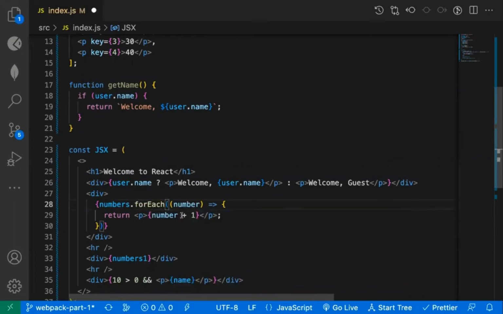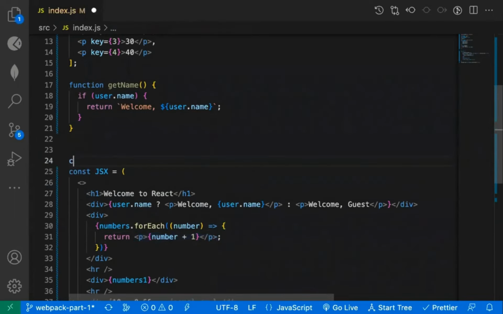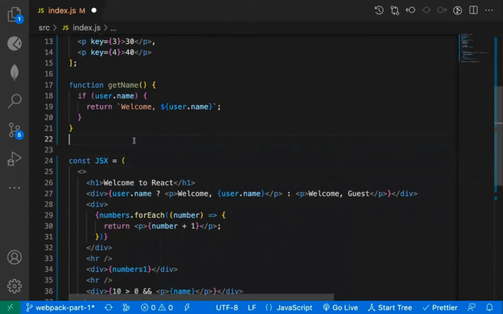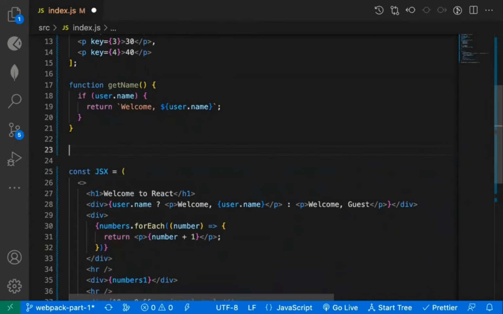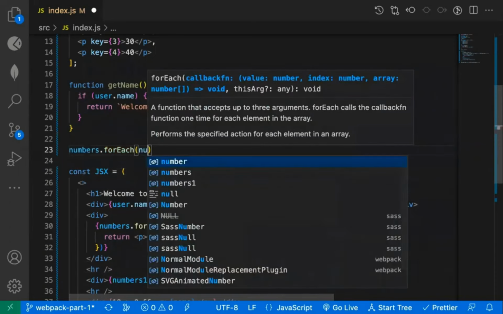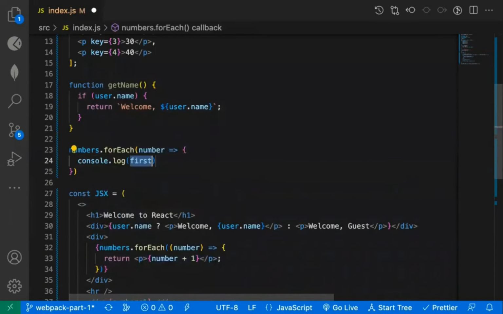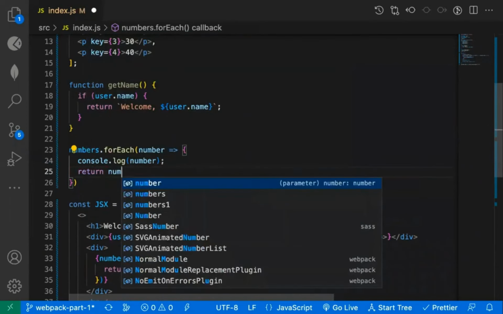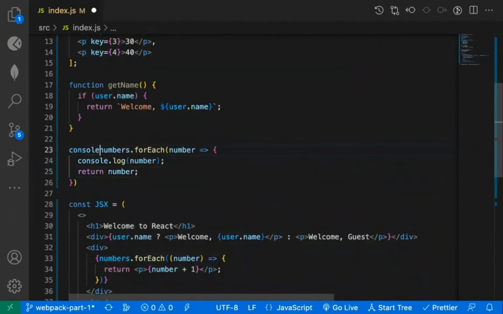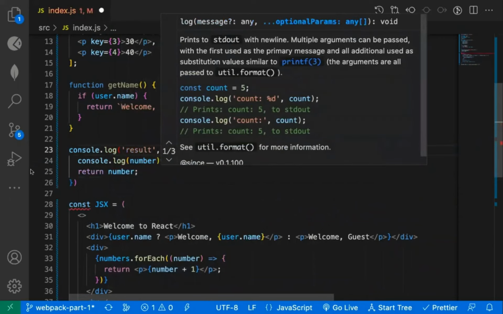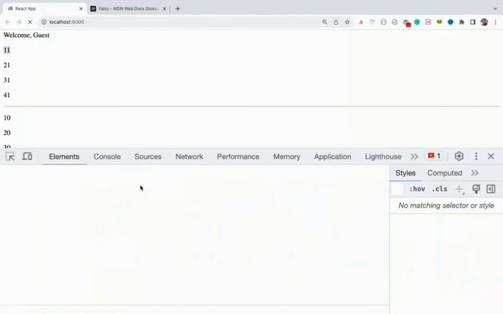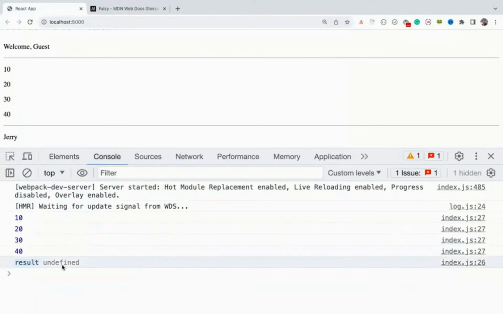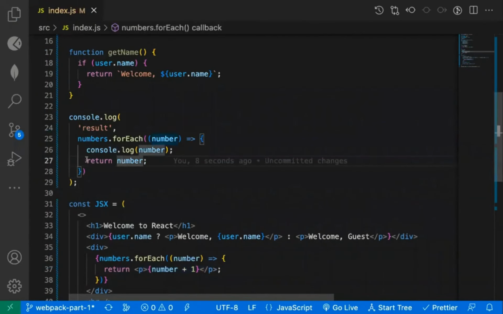There is a difference between the map and forEach methods. The forEach method does not return anything. So even if you return something, it will not be there. So if I say numbers dot forEach, you will get number. And if I write return number, and write result, you can see the result is undefined. Why? Even though you are returning a number,